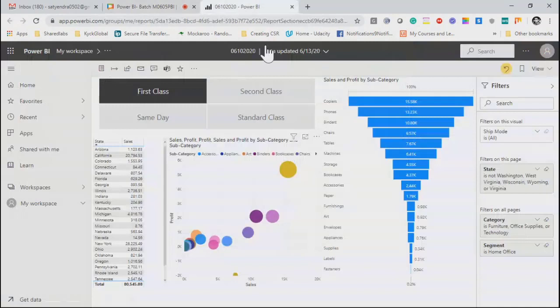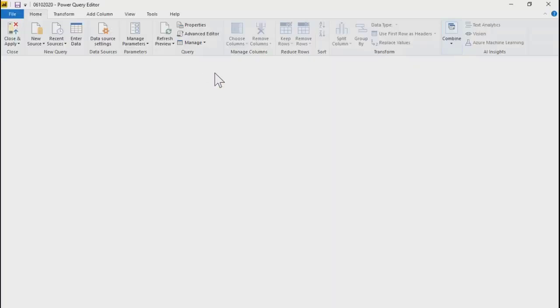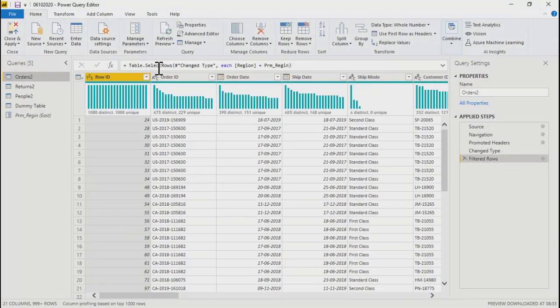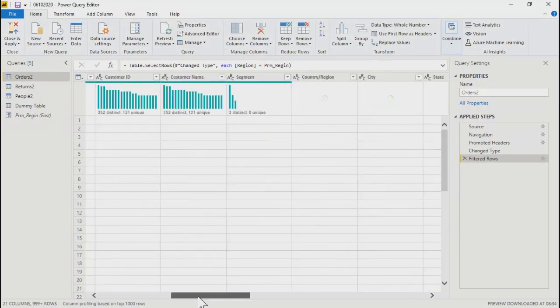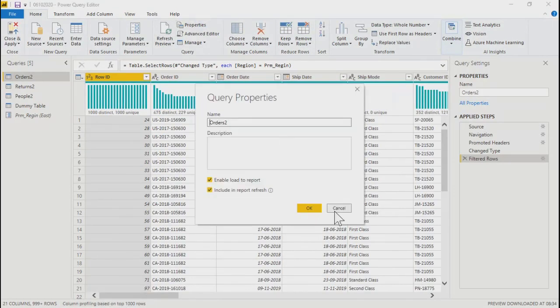Okay, Avinash. Fine. So having said that, after parameter, let's go ahead and talk about the next option we had there. I'll just go back to transform data. And over here, after manage parameters, you have refresh view. So it's as it sounds, you can simply refresh this data depending on new parameters, new filters and all. Then you have properties, nothing much over here.